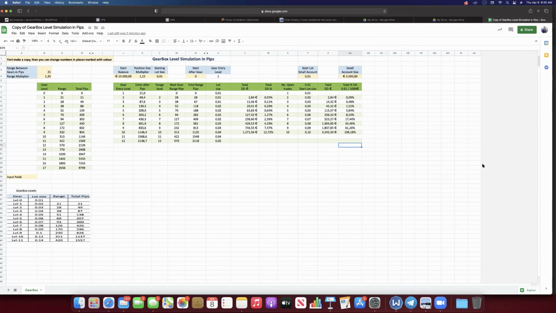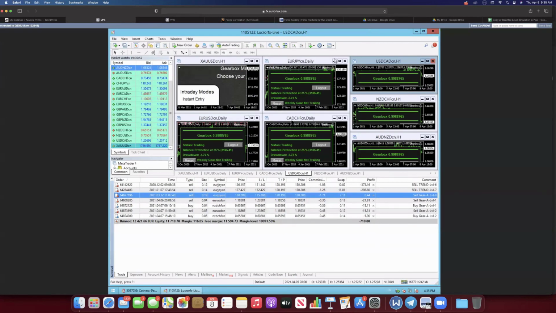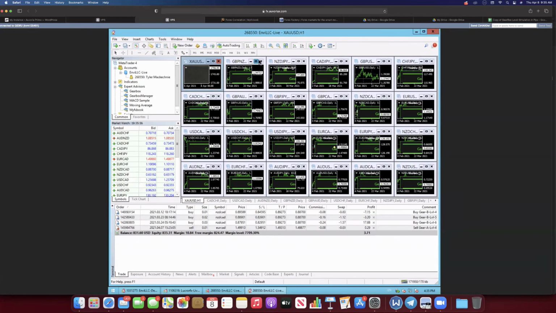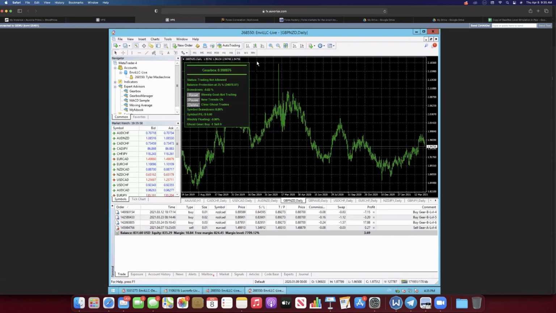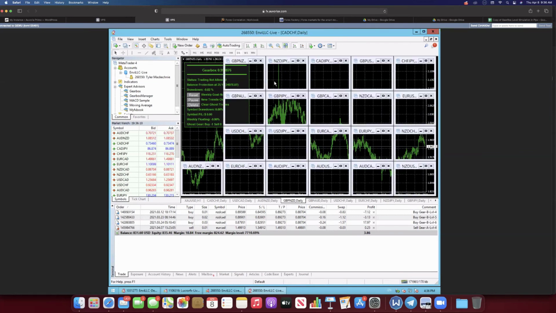Great question. James says, my GearBox is set up. How can I check to see if it's running trades? The first thing you're going to want to do is see that you have ghost trades being taken. How do you know if you have a ghost trade being taken? Do you have a number higher than -1? If you go to the UI, does it say -1, or does it say 0, 1, 2, or 3? Does it say a positive number? If it says a positive number, you're trading.